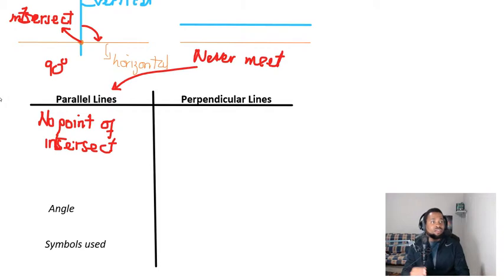However, on the other side, which is to define perpendicular lines, we have one line pointing this way and the other line pointing the other way, and what we see is that it can be positioned however you want. It can be this way, it can be this way as well. Once you measure the space between these two lines where they meet, which in this case is at a point,